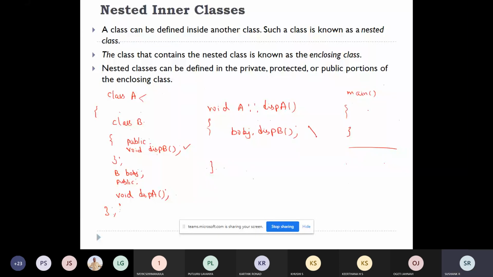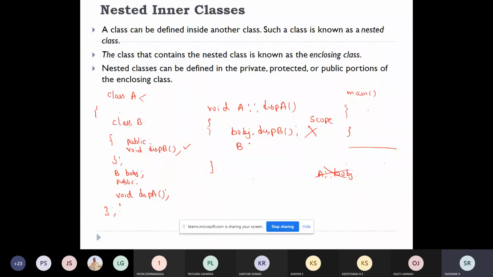I need not use scope resolution. No need to use scope resolution. I need not write it as a scope resolution object dot display. So directly by using the B class object, I can access this function.